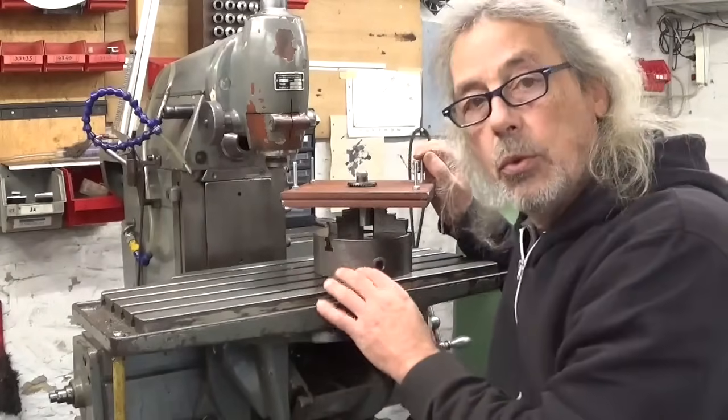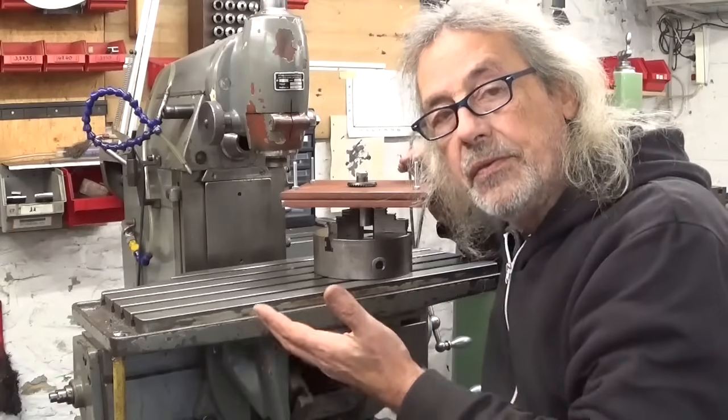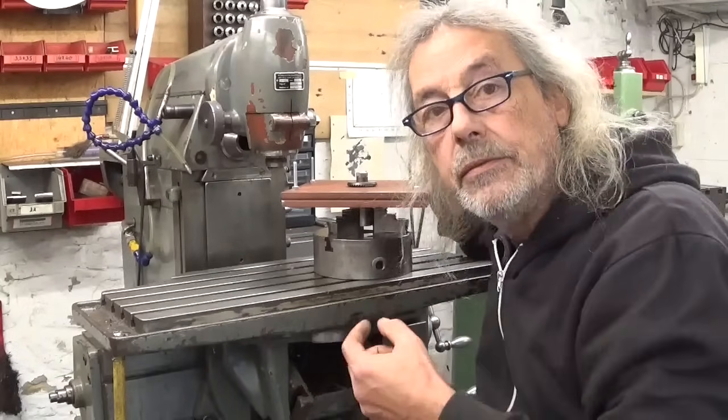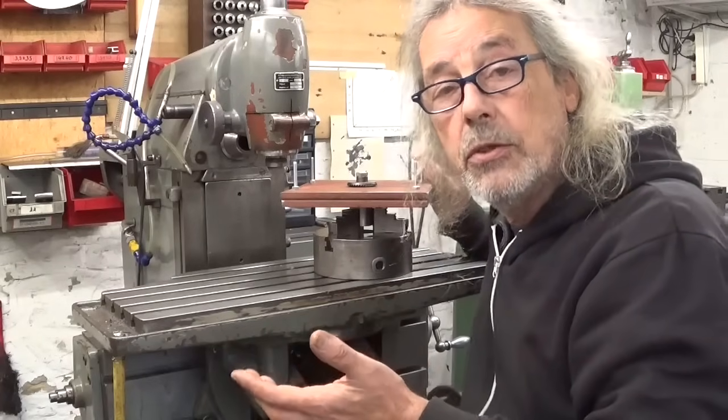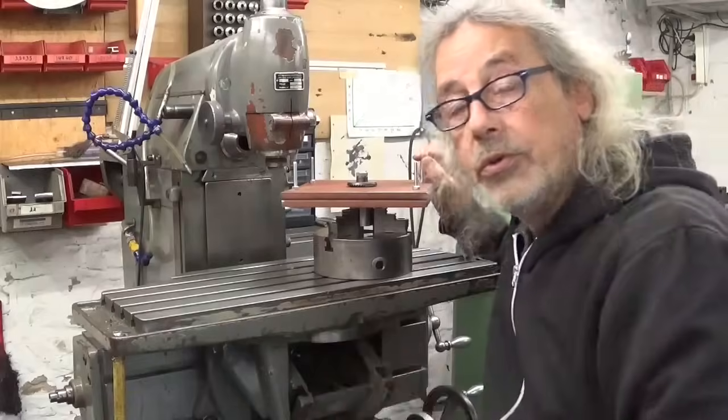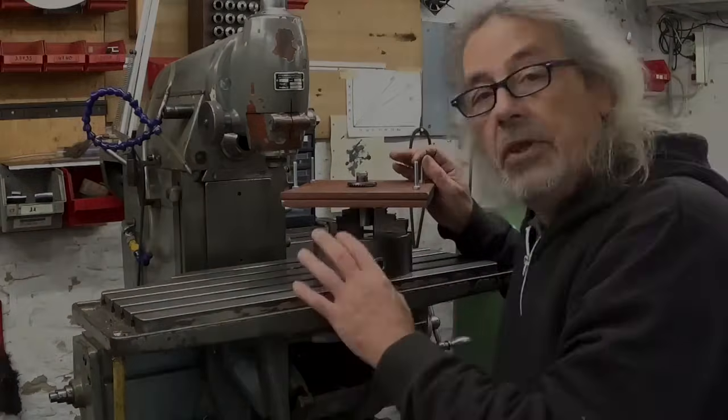But all this will be for next week's video, because today is Friday, and Friday this video comes out and I have to take off the table and the support of the table and install the dividing